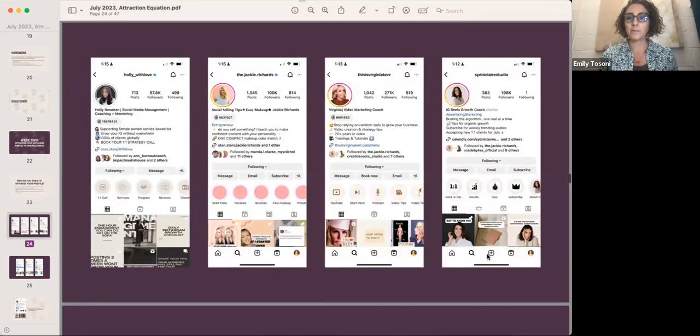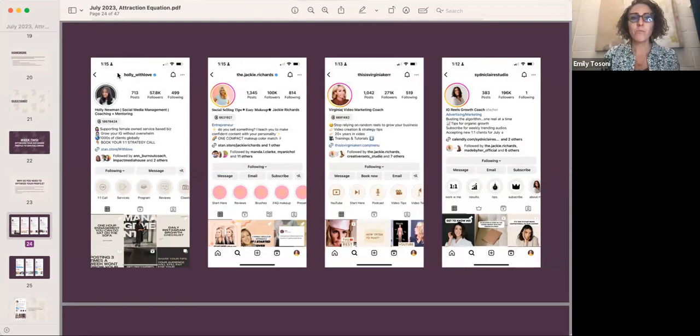So here are some examples of some really great profiles. And you'll see now if it has this @ with a number behind it, that means they have a Threads account that you could click on and it'll take you to Threads, which is an Instagram app. I'm not going to talk about Threads today.